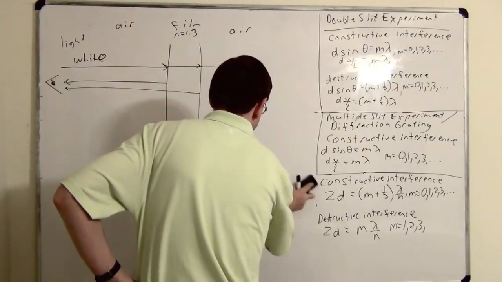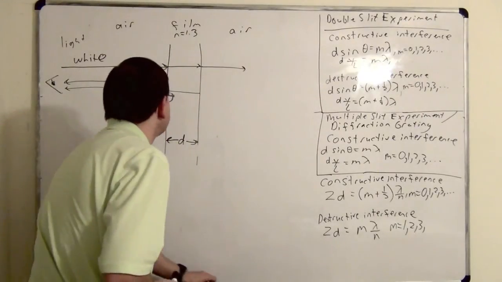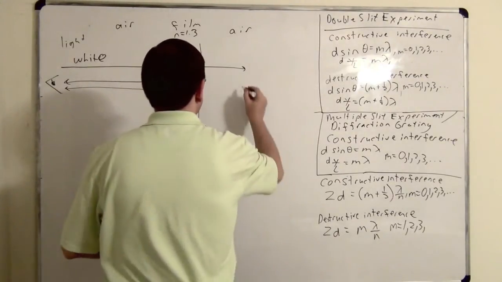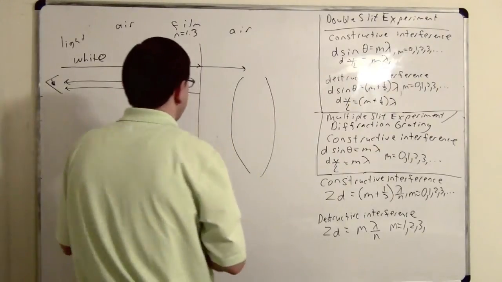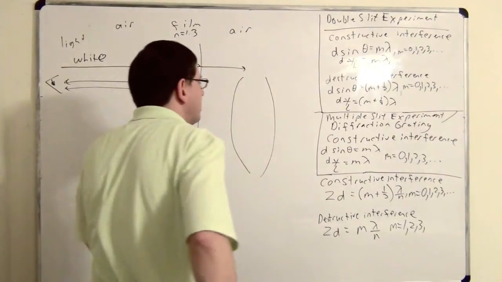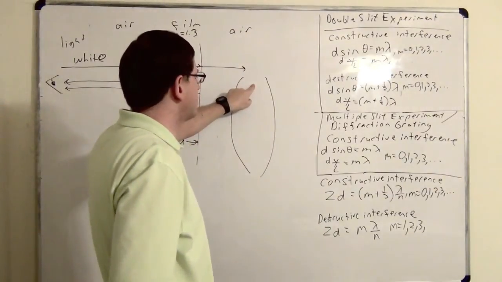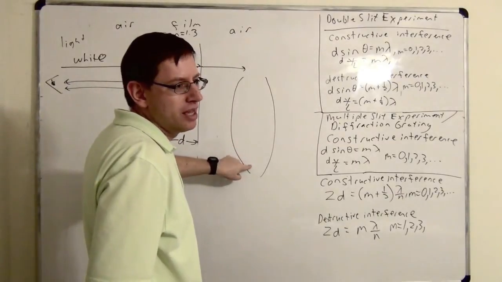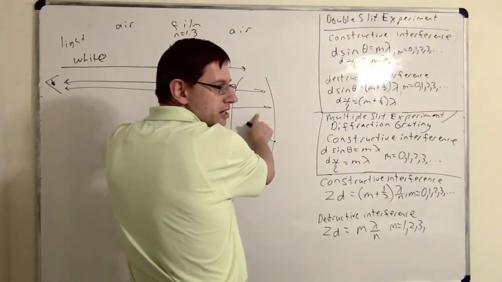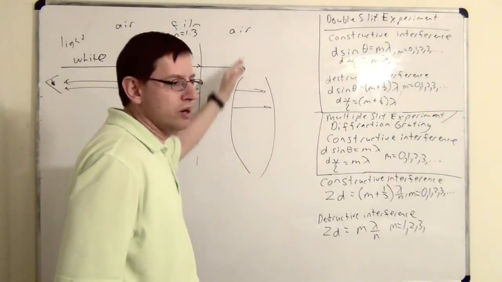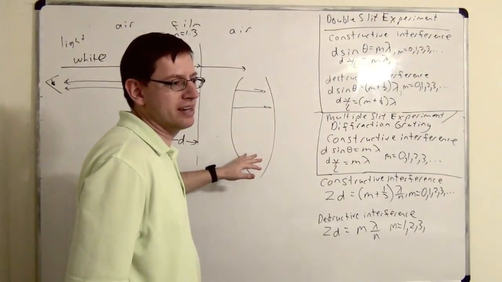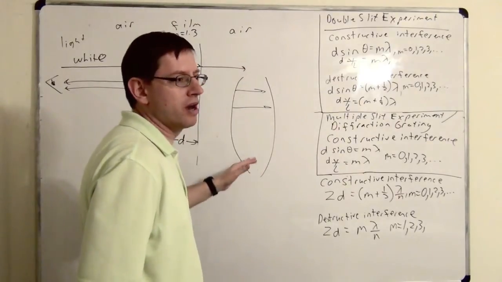Something else I want to point out is that in real life, many soap films don't look like this. In real life, many soap films might look like this. That is, they have different widths at different points. Doesn't that mean that different wavelengths will be constructively interfering at different points? The wavelength that constructively interferes here might be different than the wavelength that constructively interferes here. So that again explains why you might see a rainbow when you look at an oil slick, because the slick of the film might have different widths at different points. So you could get a whole range of colors that you're seeing.